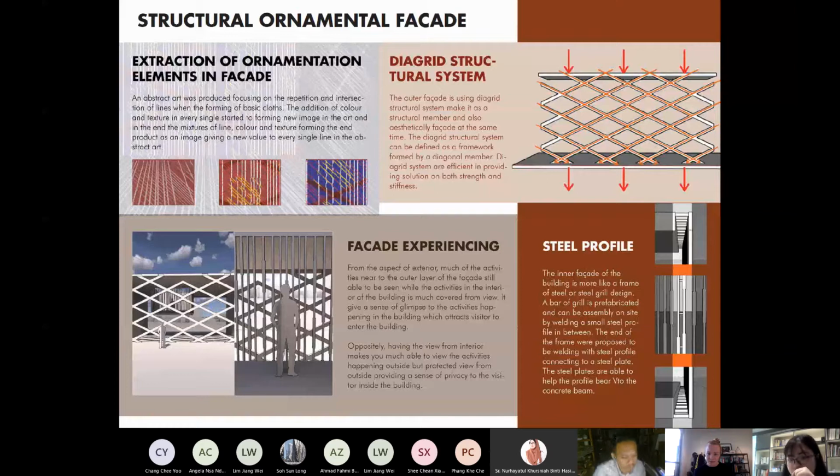So the digrade structure system is actually like a support for the end of the profile, and the second layer of the facade is more like a wooden kind of profile. There's a space in between these two layers of structure, where the space outside will be more open, while inside is the interior of the building, which provides certain kinds of privacy from the outside view. I will explain it on the building later.